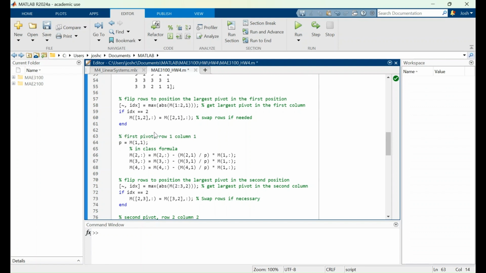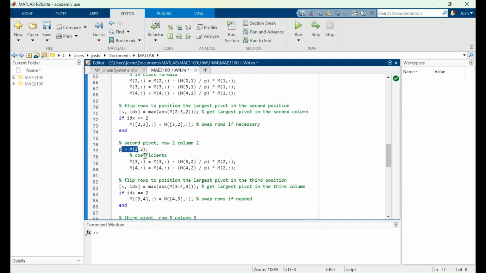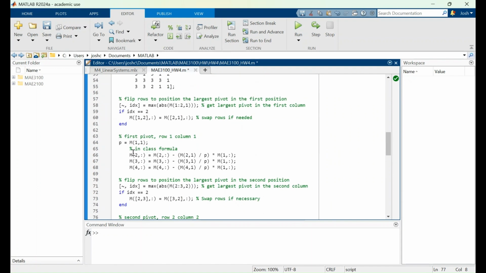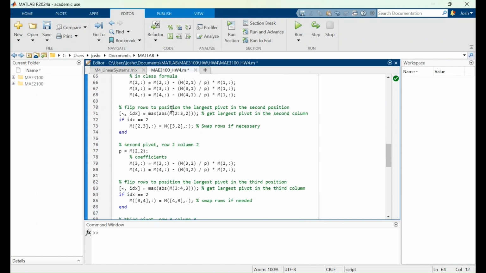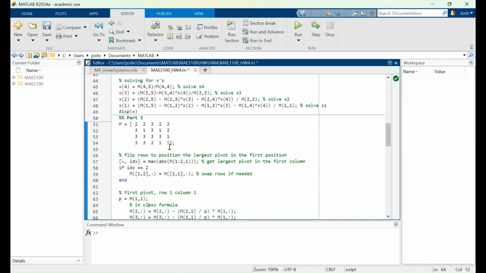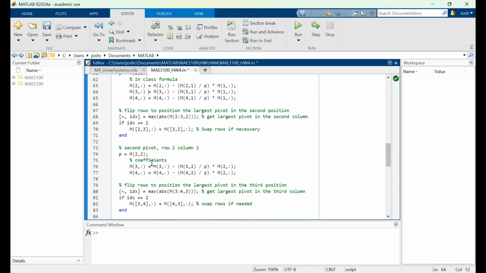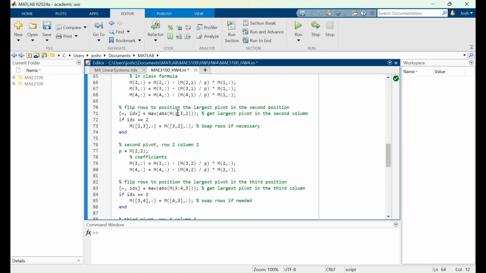Pivot. Same pivot points as all the others. I didn't use the whole coefficient term here. I just plugged in the direct coefficient rather than making a C equals. It just takes a little bit extra time doing that. But I've already made it known that I know how to do that, so that's just why I did it here like this. And the same flipping is done with rows 2 and 3 in column 2 because you